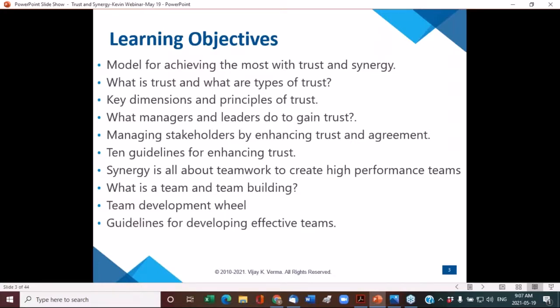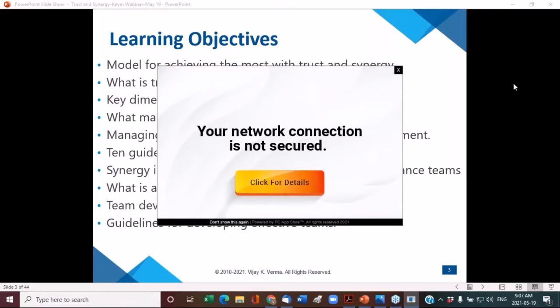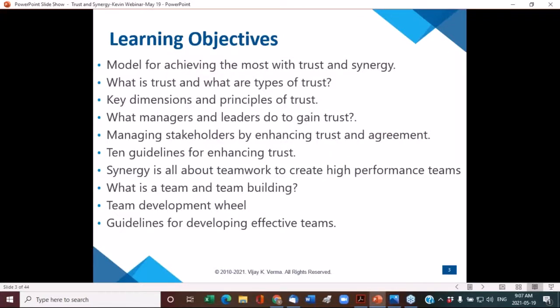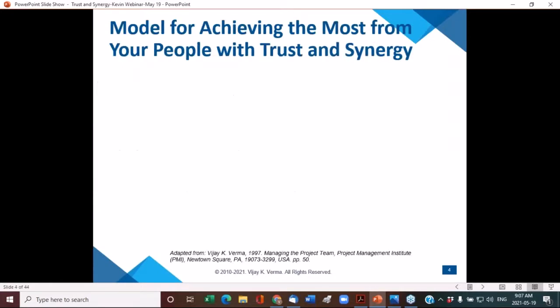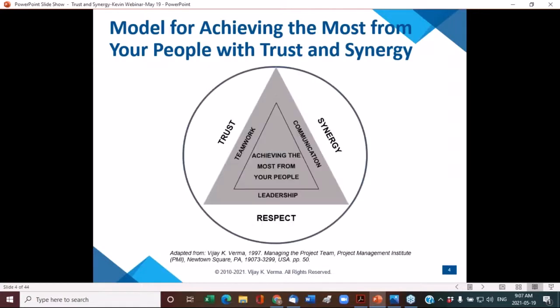And then we'll talk about guidelines for developing effective teams and so on. Okay. So let's talk a little bit about the characteristics of high performance teams. This is the model that I would say is to achieve the most from your people with trust and synergy. In order to get the most from your people, the most important thing you need is teamwork,